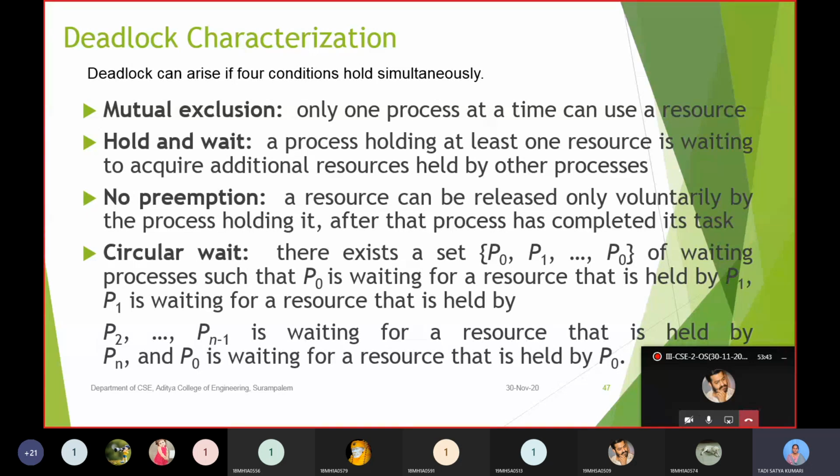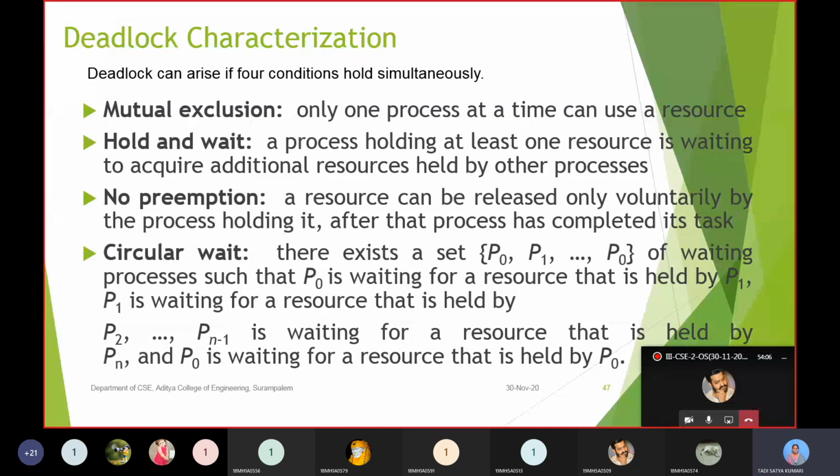That means the process P0 is waiting for a resource held by P1, and P1 is waiting for a resource held by P2, and so on. The process Pn minus 1 is waiting for a resource held by Pn, and